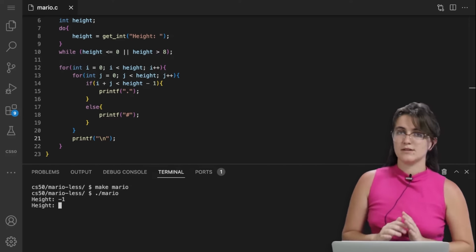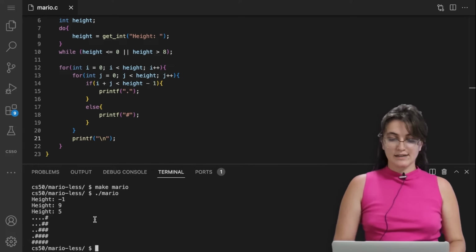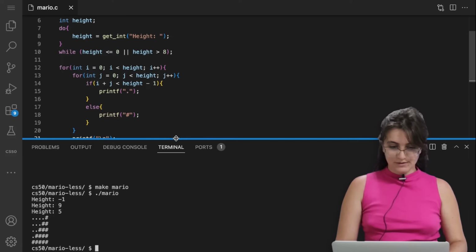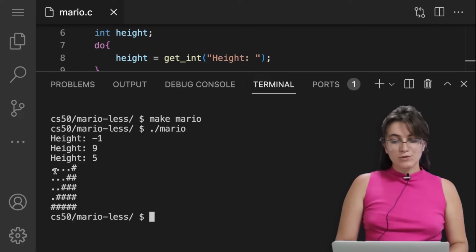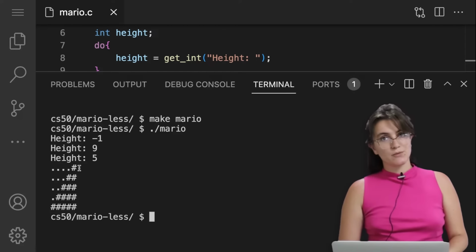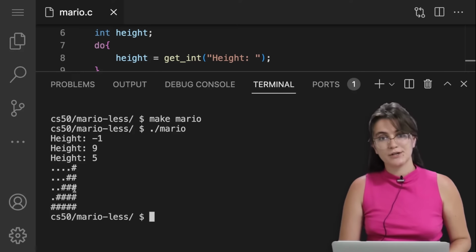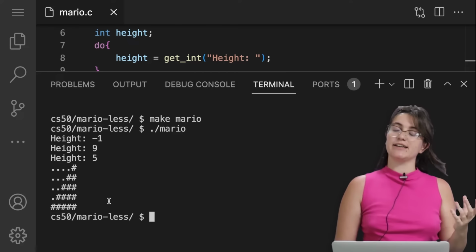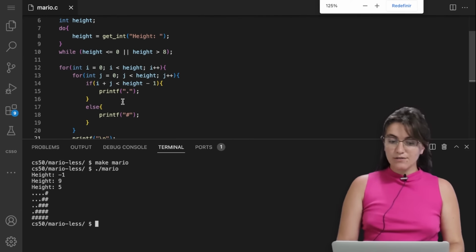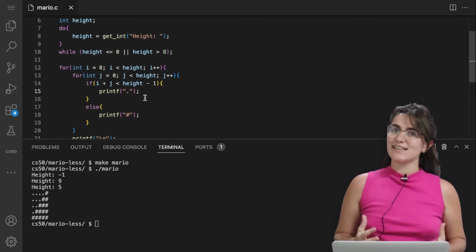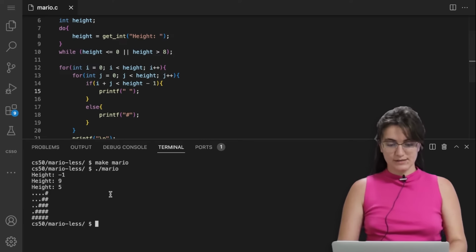If I put -1, it's asking us again. 9, it's asking us again. But what if I put 5? Let me expand here, let me zoom in, and we can see what is going on. When we have height 5, we're doing 4 dots and 1 hash, like we are expecting. Then 3 dots, 2 hashes. 2 dots, 3 hashes, 1 dot, 4 hashes, and finally 0 dots and 5 hashes. Okay, so here we have our pattern. The only thing we need to fix to be exactly what we're expecting is that instead of having a dot, we're going to put a space, a white space. So let me make